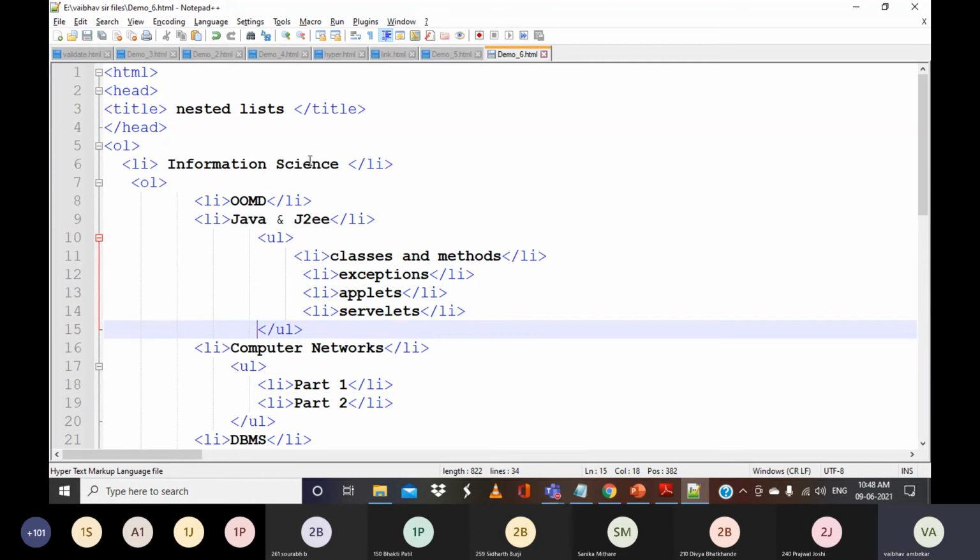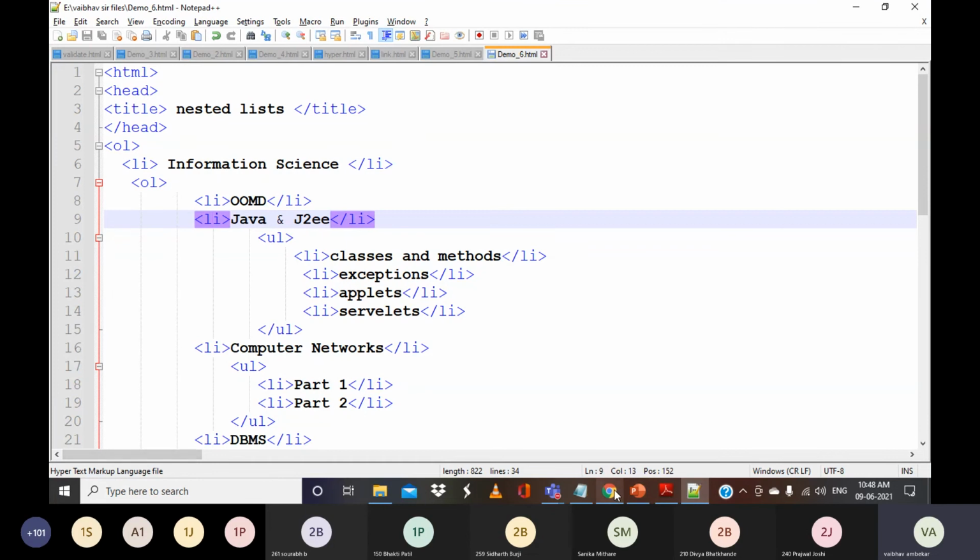So this is my first list. Inside that, I want to create another ordered list, so I created this OL. In that, I have three main subjects, and in the second subject, I want to create an unordered list. So I have used UL and so on and so forth.